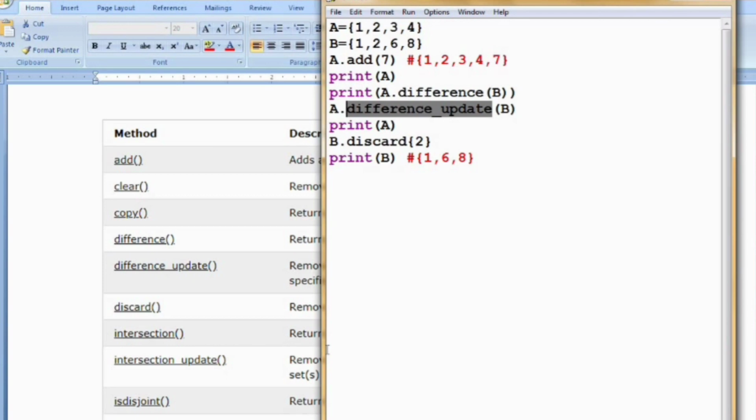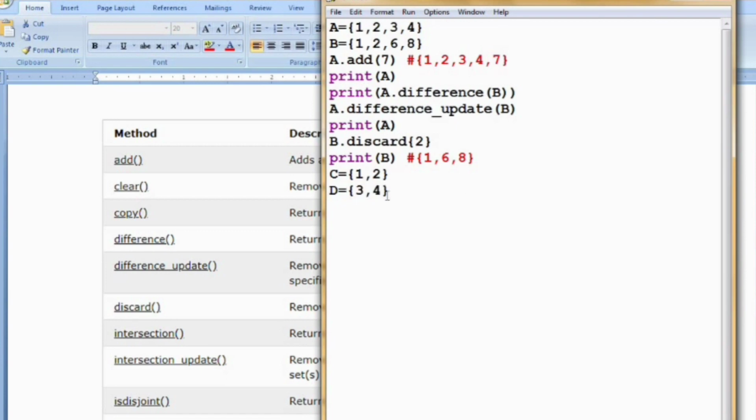Is disjoint. So what is the use of the isdisjoint function? Suppose the two sets do not have any common elements. Suppose I am declaring a set C is equal to 1, 2, and I am declaring another set D equal to 3 and 4.